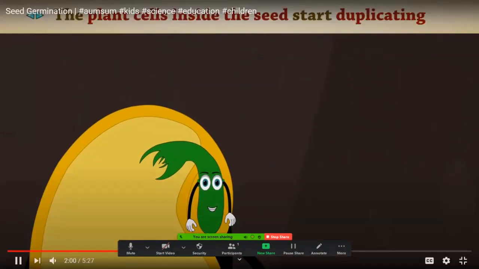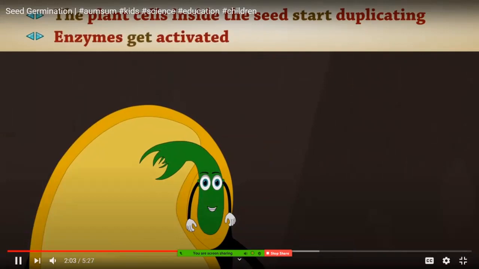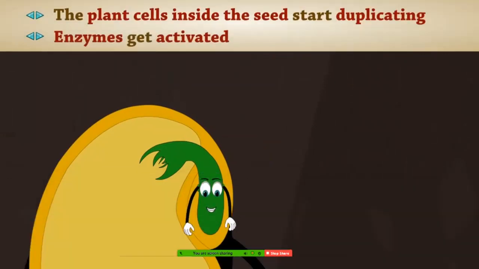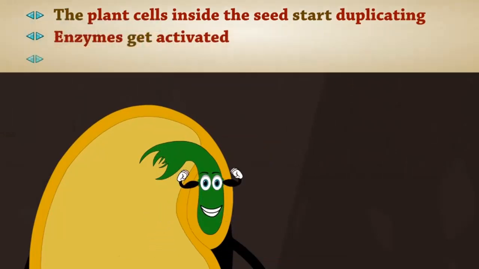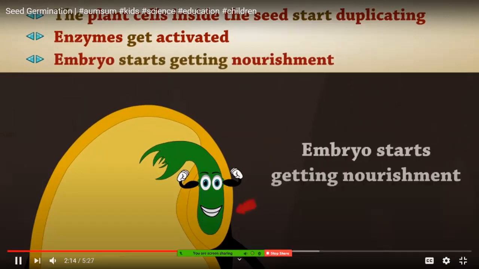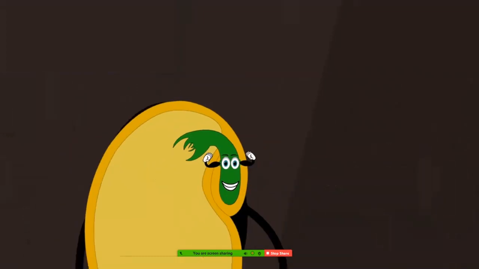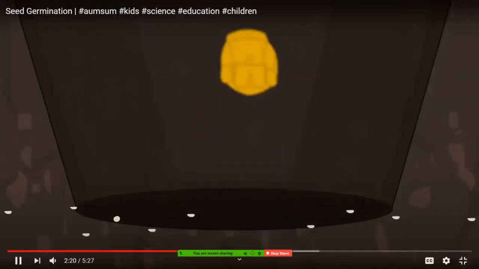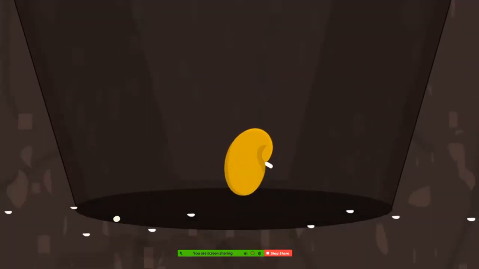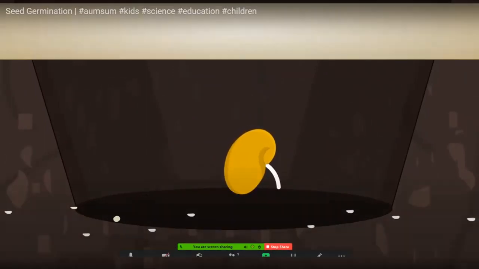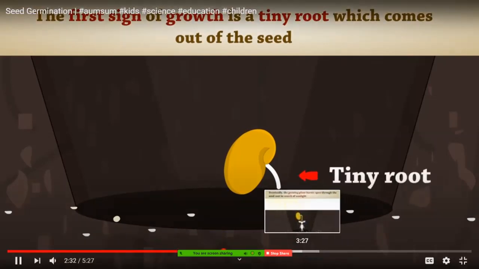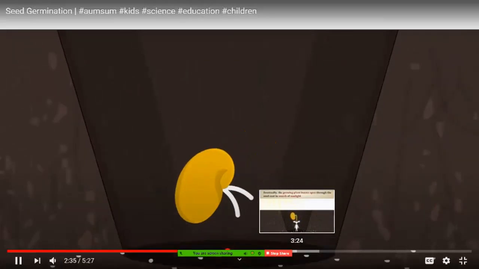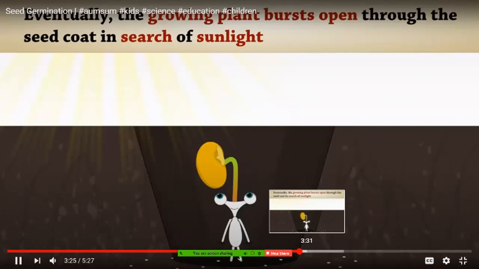Cells inside the seed start duplicating. Enzymes get activated. Embryo starts getting nourishment. The first sign of growth is a tiny root which comes out of the seed. The growing plant bursts open through the seed coat in search of sunlight.